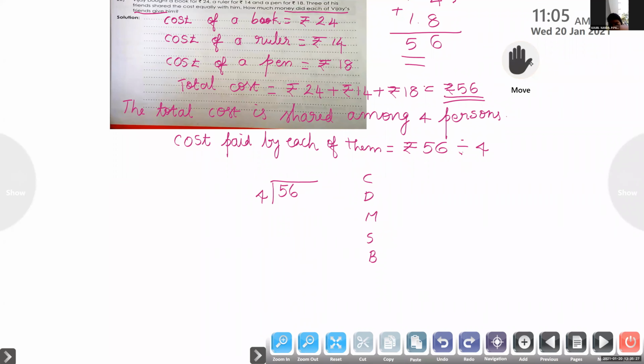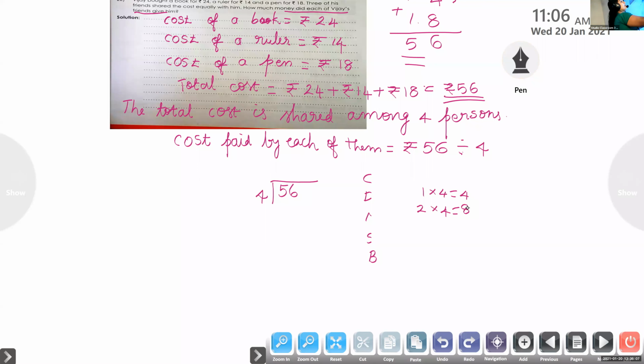Next step is Divide. For that, what do we have to do? We have to write the table and check whether we will get the dividend 5 or less. Otherwise we have to go for a less and nearest number. So we can write the table. 1 into 4 is 4. 2 4s are 8. Our dividend is 5. If we continue like this, will we get 5? No. So we can stop writing the table.